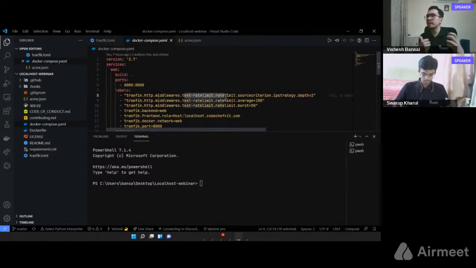What rate limiting basically does is limit the rate of requests to your server at any given point of time. This is done to prevent DoS, denial of service. What DoS is, basically, is that at any given point of time there are more requests than the server can handle. Let's say you have 100 rupees that you're willing to give to someone, and there are 1000 people to take.